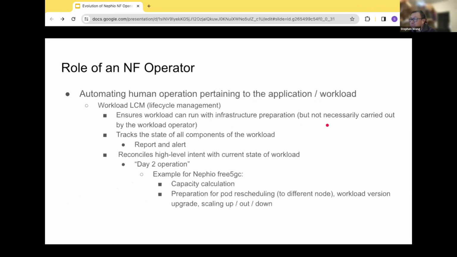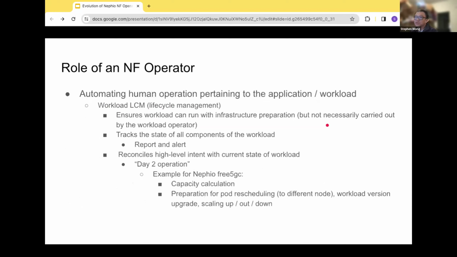So things like this could happen, but if that's the case, other than this little thing, what would an operator do? Well, the operator, just to repeat, is automating the human operations pertaining to the workload into code. More specifically, your workload's lifecycle management should be done by the operator.